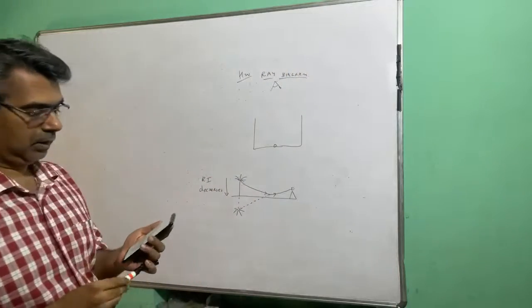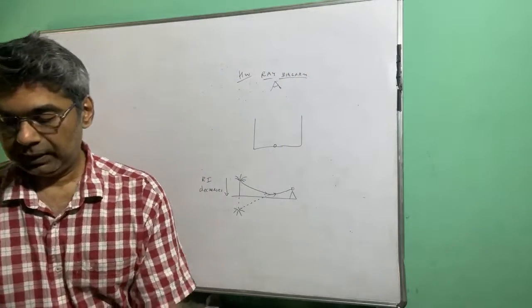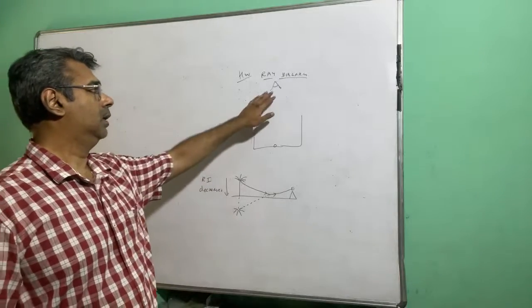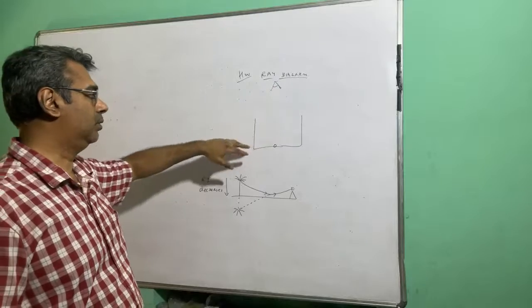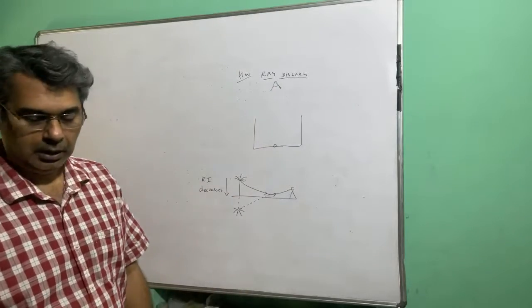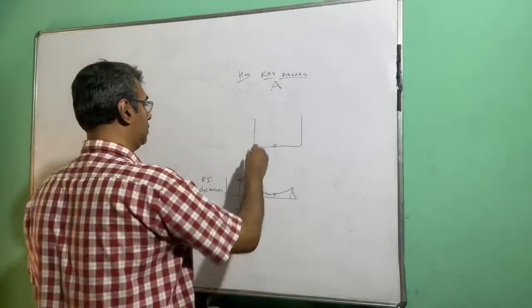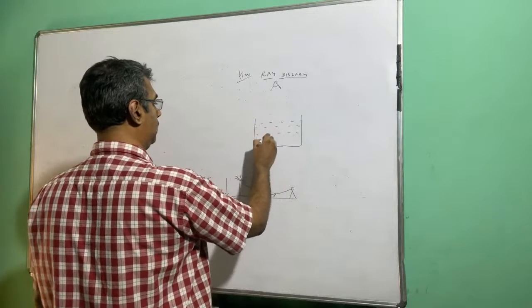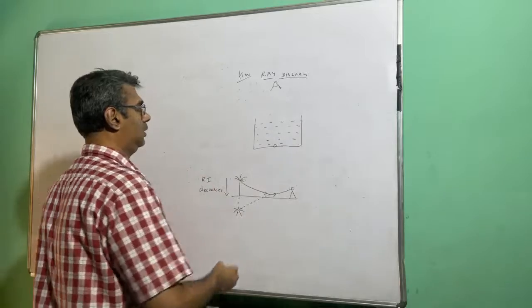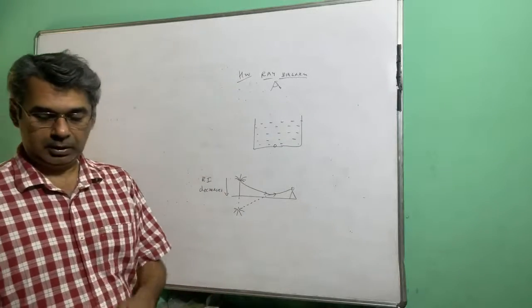Okay, now the homework ray diagram. The homework is that a person is standing over here. This is your homework. A person is standing over here. There is a container full of liquid, suppose water. So there is a container which is full of liquid, suppose water, and at the bottom of the container